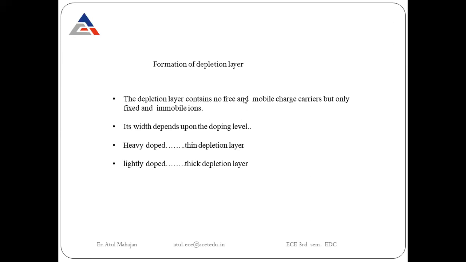In the case of lightly doped depletion layers, lightly doped means we have a thick depletion layer. Thick means we have a very strong depletion layer, which will hinder the amount of current passing through it. It will not allow the free passage of electrons from one region to the other, or the free conduction of current through this PN junction diode.